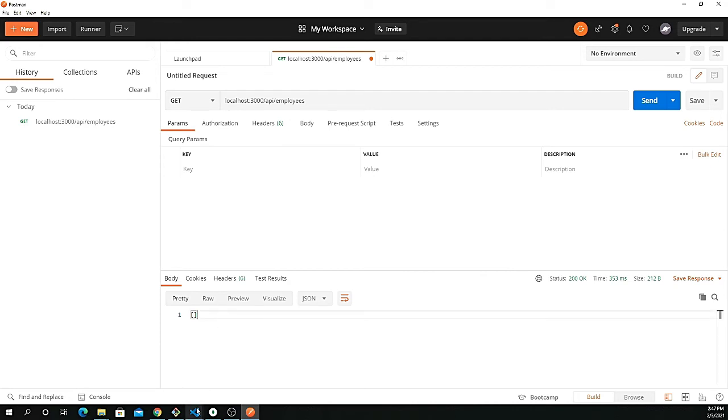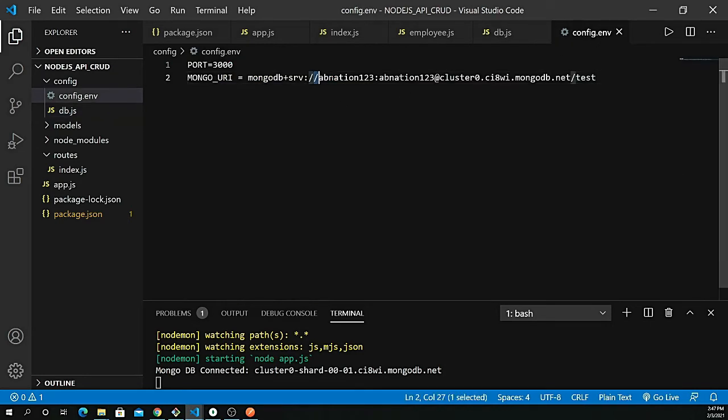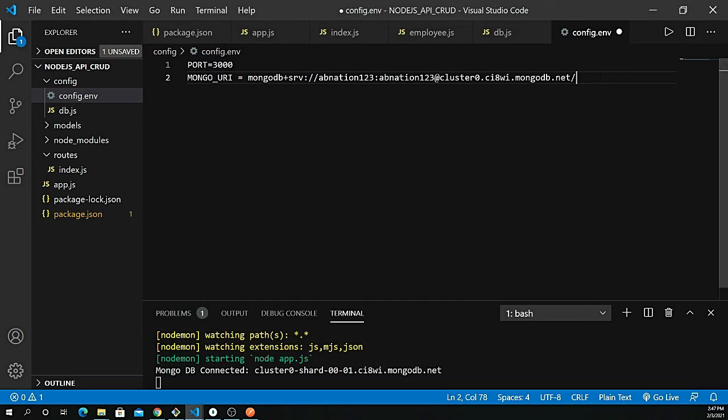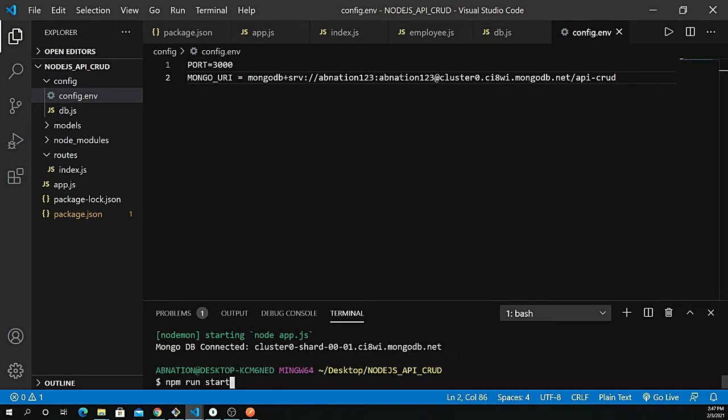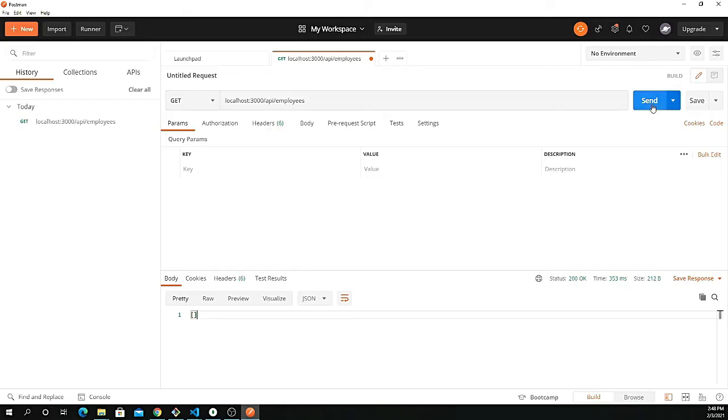The reason is that if I go to my config.env, you see we have set up the password, but we haven't set up the DB name. In my case it is slash test, which is not the right name of my database. If I go to my GUI, MongoDB Compass, the name is API CRUD, so I just need to change that to slash API CRUD, right? If I save it, there is no issue, you don't need to close the server, but just for confirmation I want to run the server again. Now if I go back here and send it,